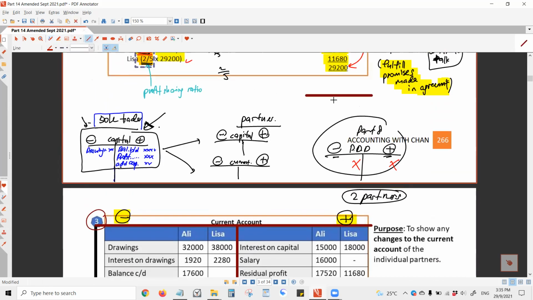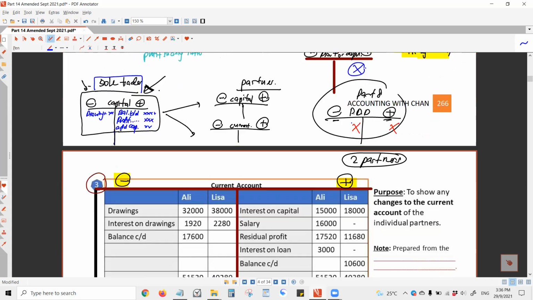Same goes for the provision for depreciation account, which you learned in part 7. Plus is on the credit side, minus is on the debit side. Without knowing where the plus and minus are, you may get confused about why you do those double entries you learned. So whenever you charge depreciation, you will credit this account, right? Those are things you learned earlier.